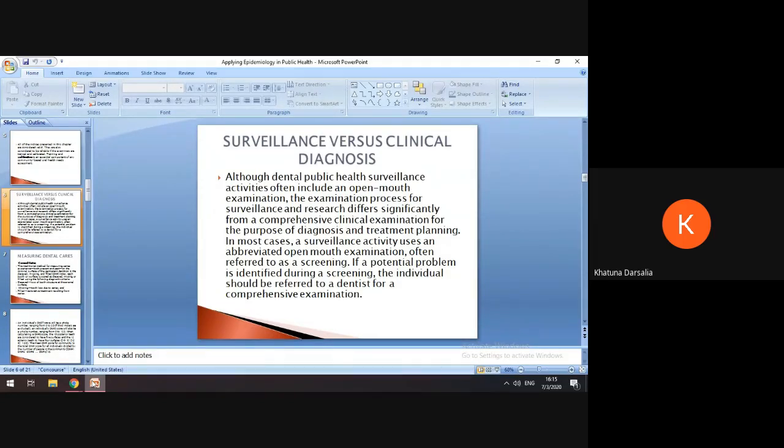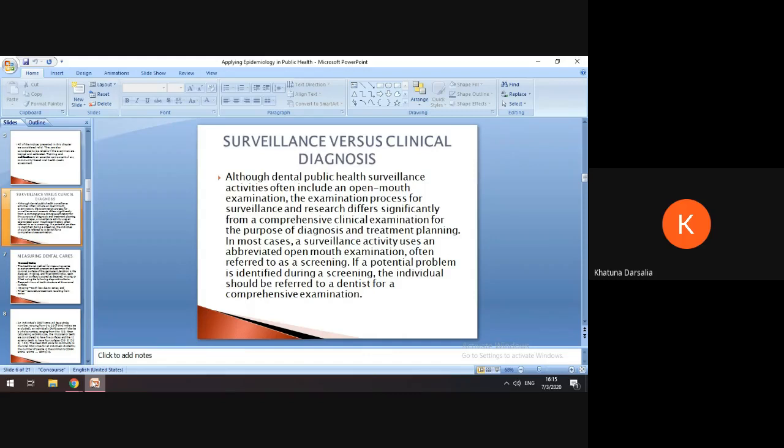For this reason, it is not appropriate to use screening examinations for the purpose of diagnosis or treatment planning. If a potential problem is identified during a screening, the individual should be referred to a dentist